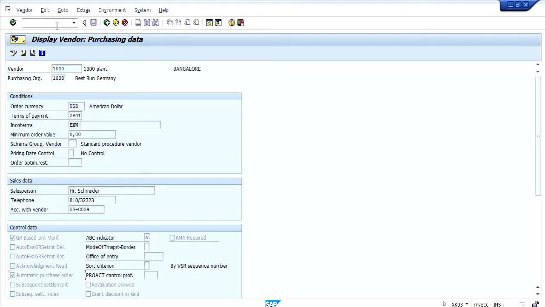So once this is done, then the system needs a mandatory purchase info record. For that, one can go and check at table level as well.